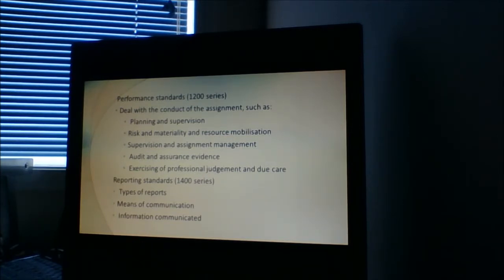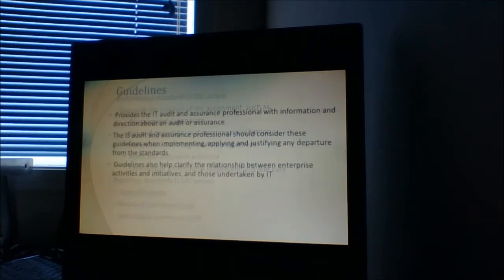This reporting standard applies to the final report, which includes the type of reports, means of communication, and information communicated.